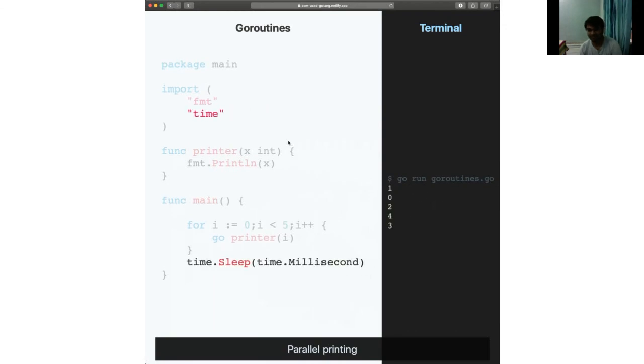Well, a simple way would be to just make the program sleep for a little bit. What that does is pause execution for a while for main. In the meantime, the concurrent threads from printer will finish executing. So if you run this, you'll see the output is something like this. And it's running in parallel because the variable values are out of order: 0 got printed after 1 and 4 after 2, and yeah, whatever. But you get the idea.